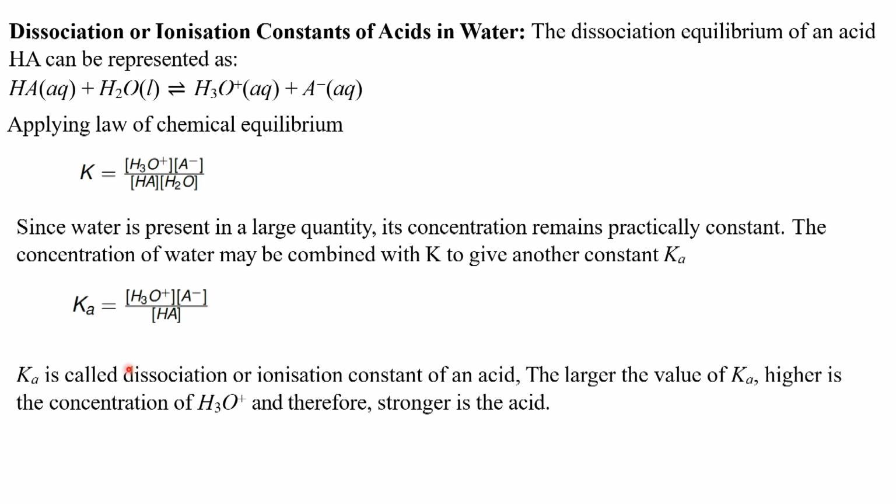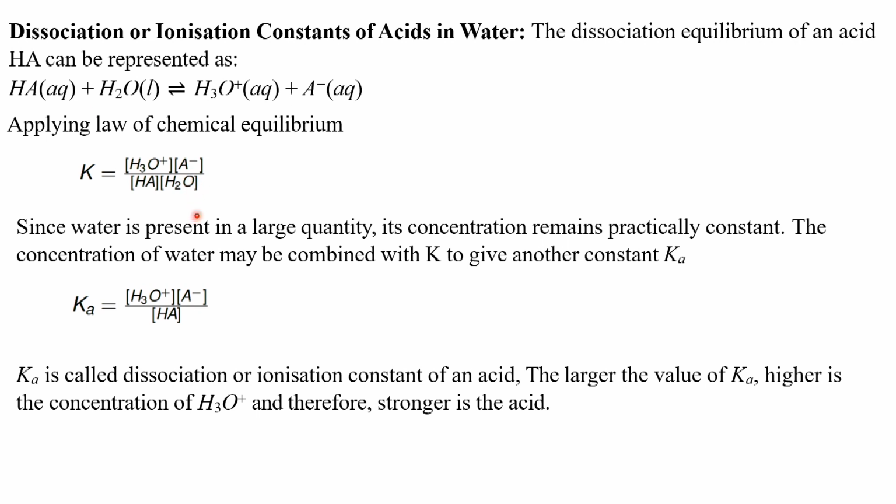Next we discuss dissociation or ionization constants of acids in water. The dissociation equilibrium of an acid HA can be represented as HA plus H2O gives H3O+ and A-. Applying the law of chemical equilibrium, K will be concentration of products by concentration of reactants, so concentration of H3O+ times concentration of A- by concentration of HA